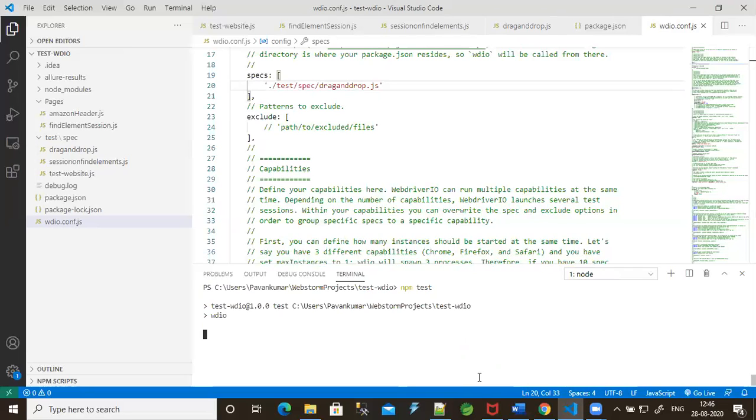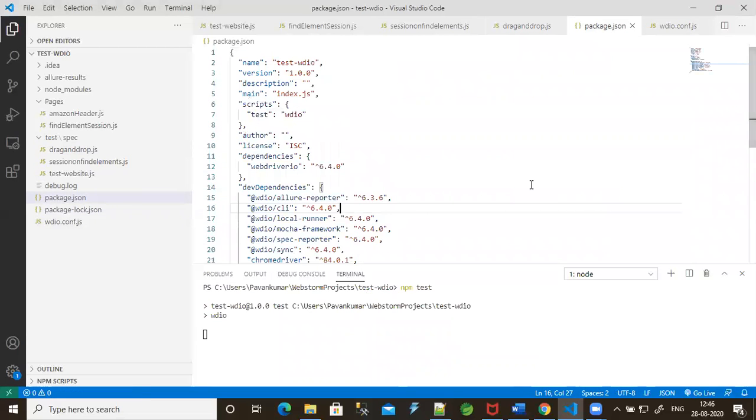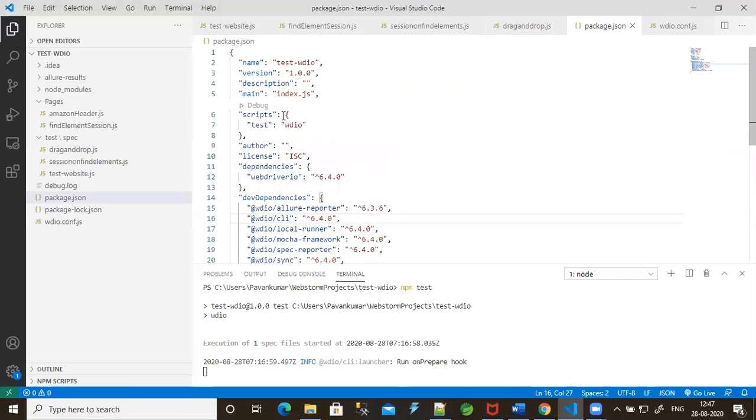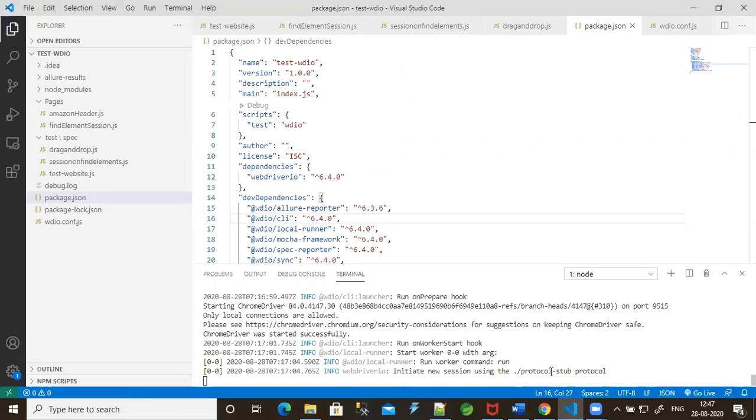WDIO has initiated. This WDIO is coming from the package.json test command. Let me show that in package.json. Here it is, test as WDIO, so that's why it was picking from that. If you click on the debug option also, it will run.